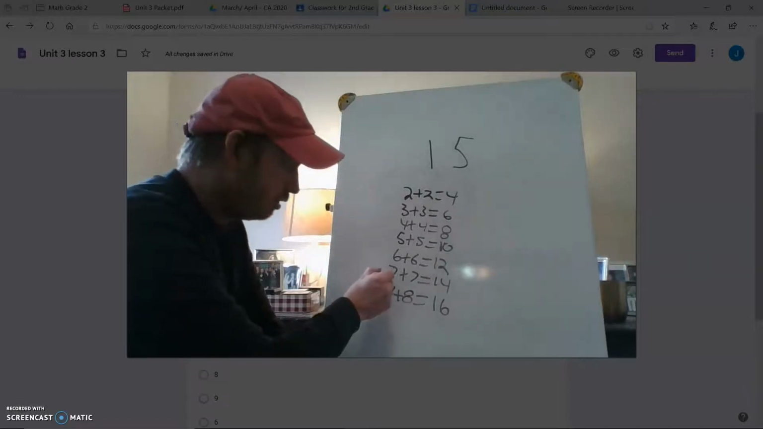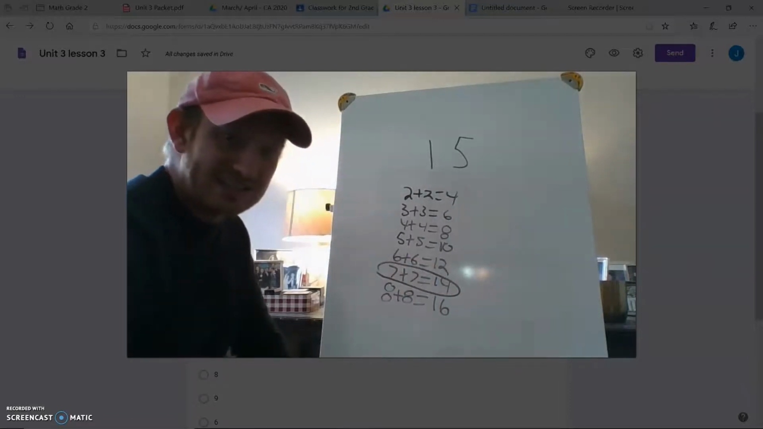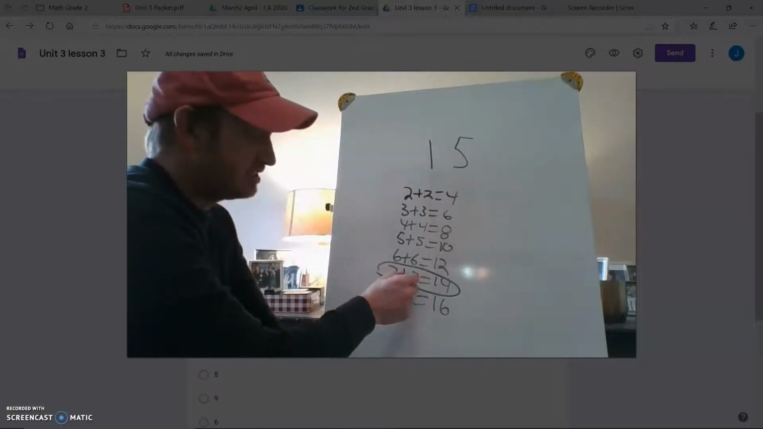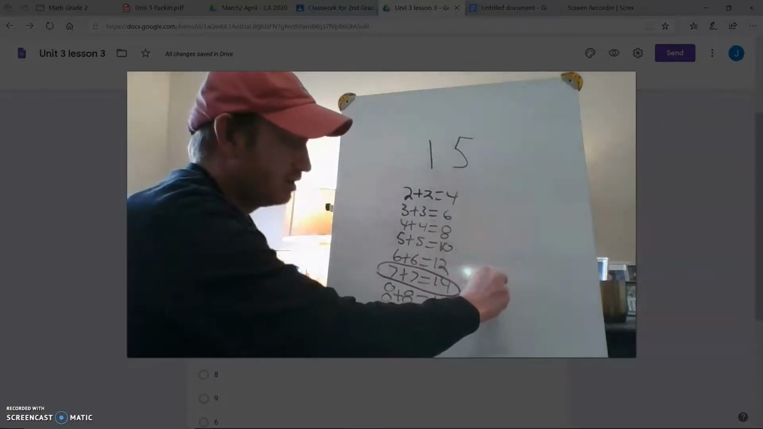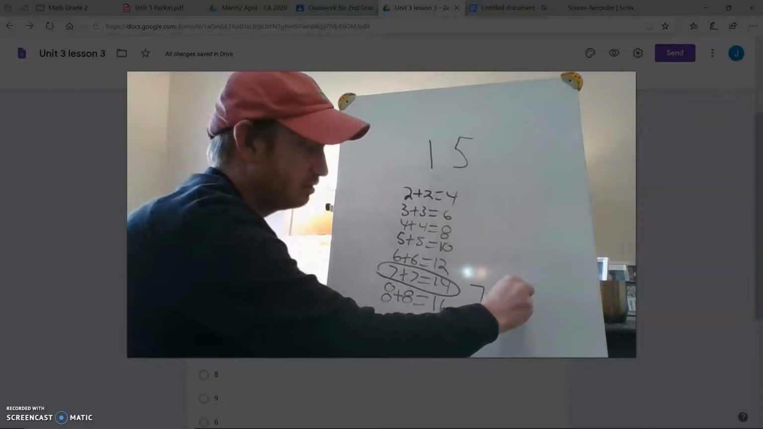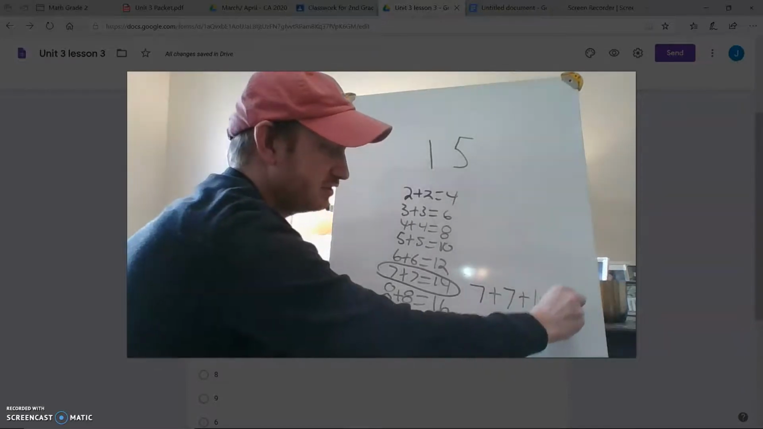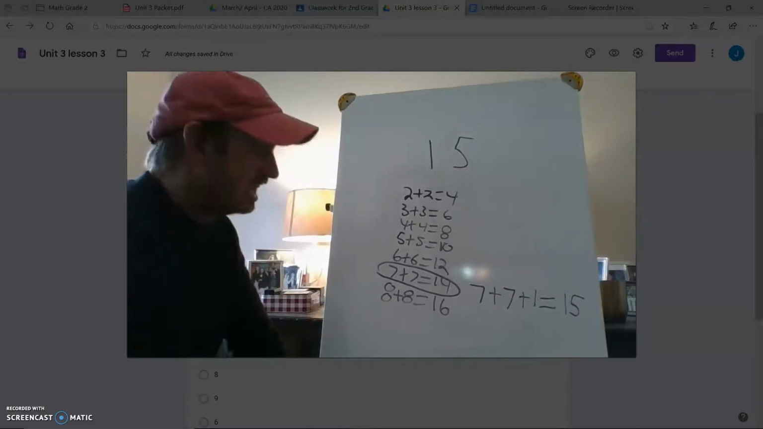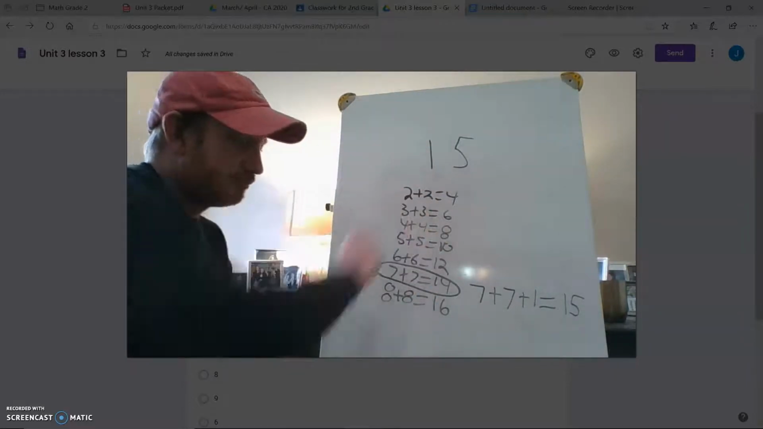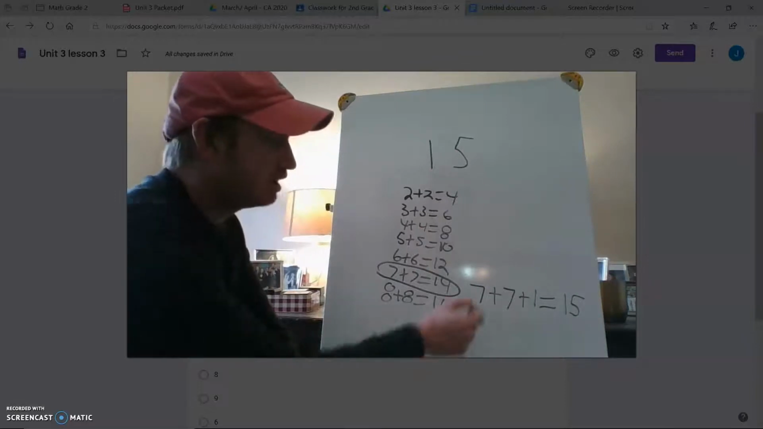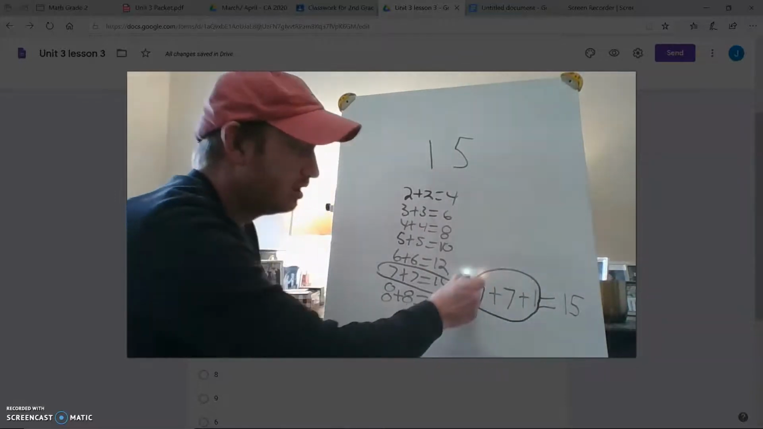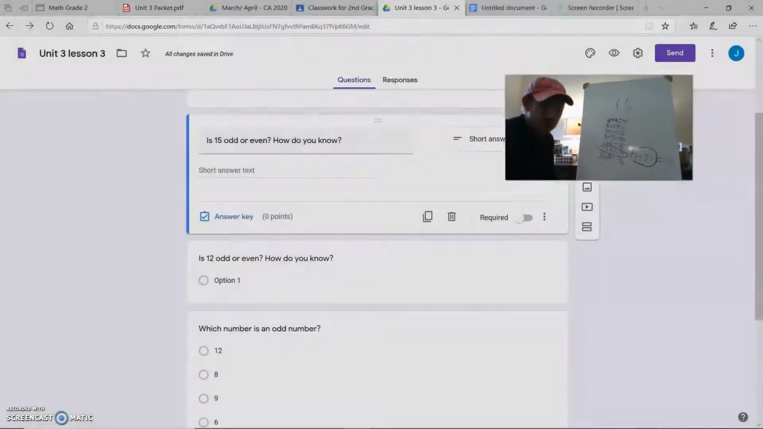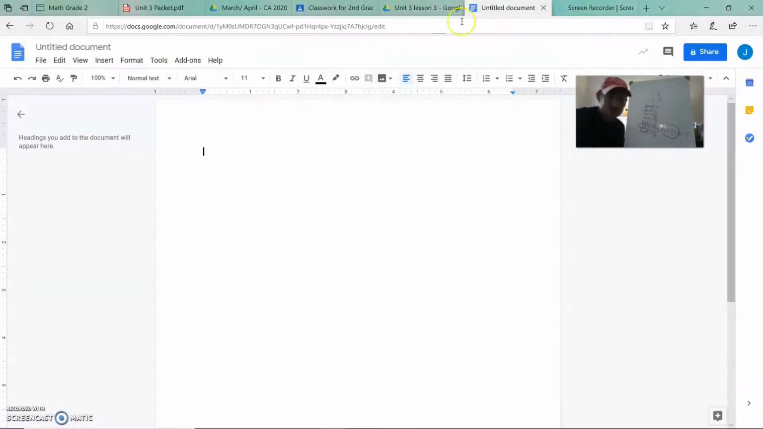But also, I can see that 14 is 1 away. So if 7 plus 7 is 14, 7 plus 7 plus 1 is 15. And both of those mean it's odd. If you can't make a doubles out of it, or you can make a doubles plus 1, then it is an odd number. So on our quiz, we should write,